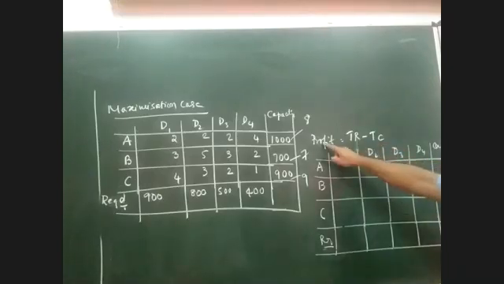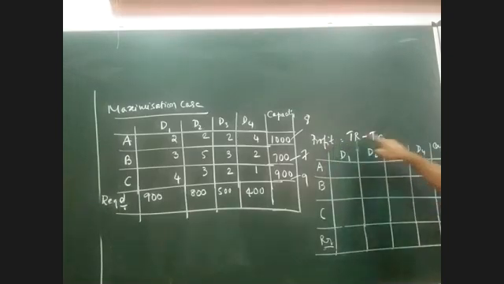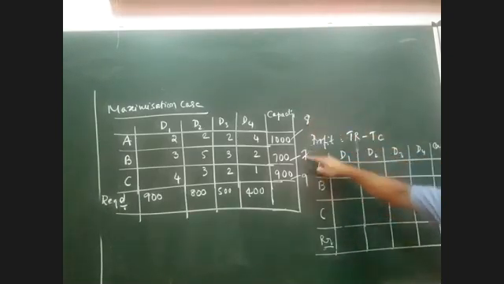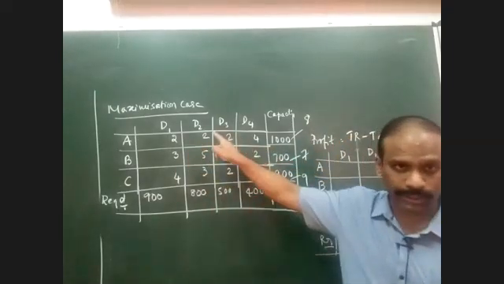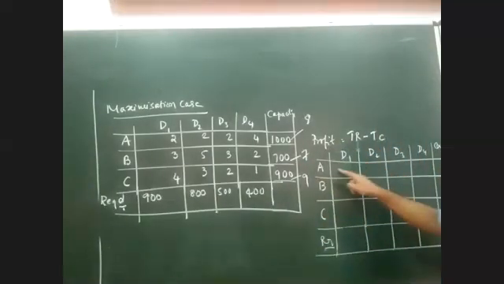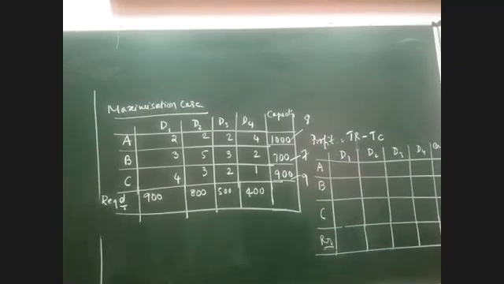Apply this formula. Profit is equal to total revenue minus total cost. Now this is your total revenue for all the three factories, and the total cost is nothing but your transportation cost. So individually, I have to calculate the profit value for all the sales. Did you get my point till here, everybody? Did you all understand this step? Yes, sir. So total revenue is given for A, B, C, the total cost is nothing but the transportation cost here, which is also given to you. By subtracting that, we will get the profit. So now I am supposed to first generate a profit table.